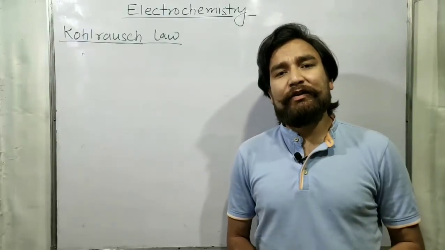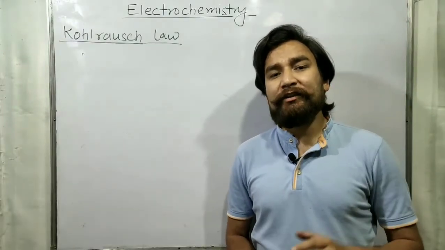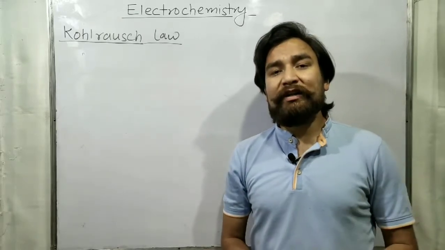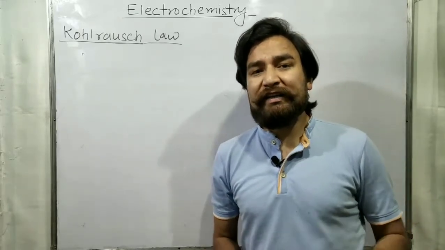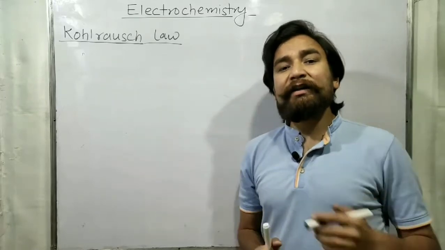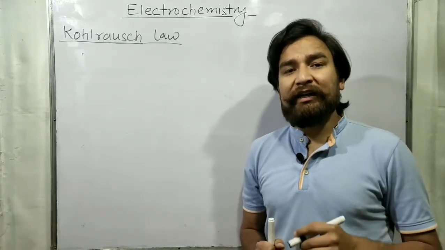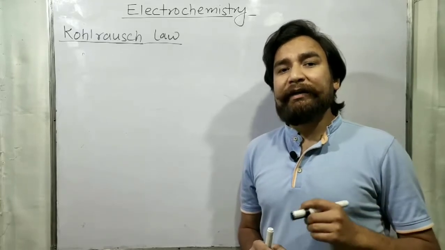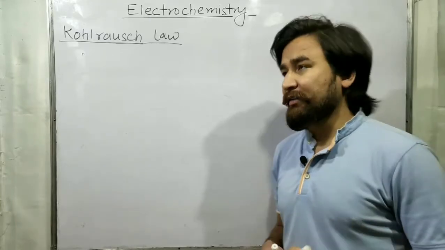Hello everyone, this is the fourth video of electrochemistry, and in this video we are going to discuss Kohlrausch law. So what does Kohlrausch law say? It says that the limiting molar conductivity of an electrolyte is equal to the sum of limiting molar conductivities of its constituent ions. For example,